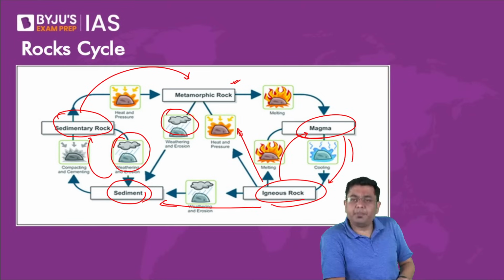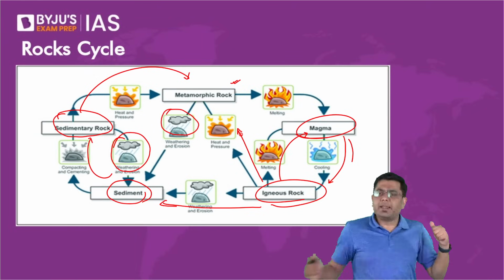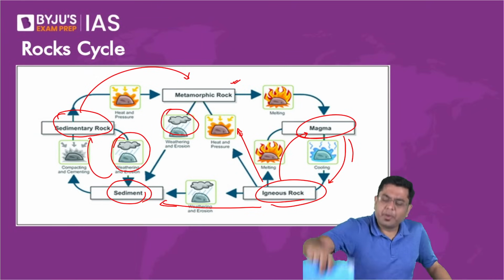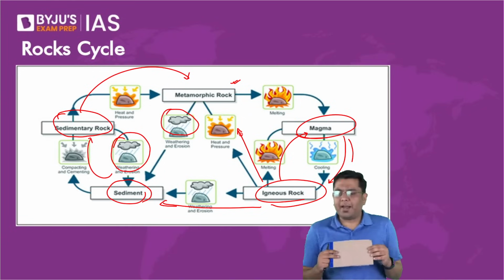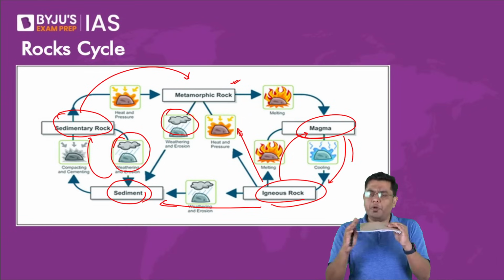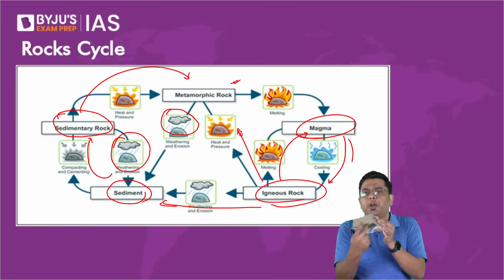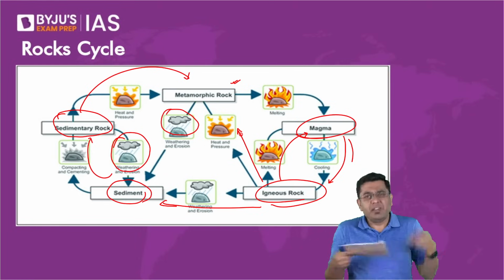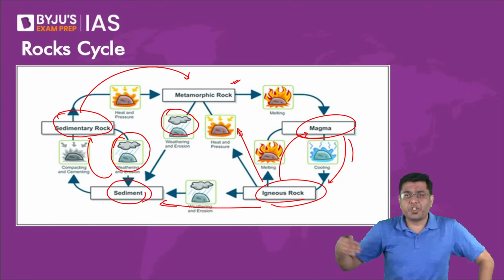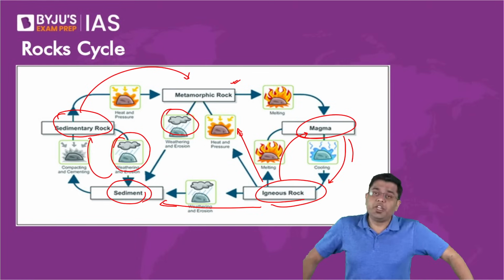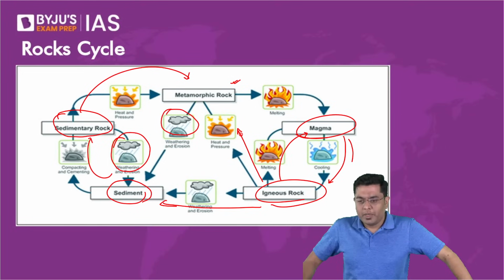Metamorphic rocks, Deepshikha, are basically those rocks which, over a period of time, when let's say an igneous or a sedimentary rock undergoes a lot of compression. For example, take the case of the Himalayas. When the Himalayas were formed, we will talk in detail about that as well tomorrow, the crust got compressed. So, if there was sedimentary rock here, and it is getting compressed significantly in this portion, the existing sedimentary rock will experience a high amount of pressure and heat, so it changes its structure into metamorphic rock. Okay,